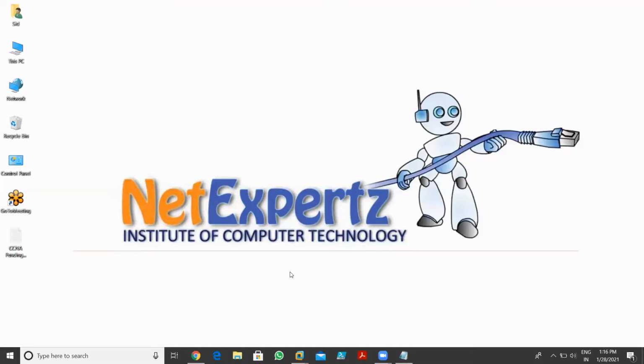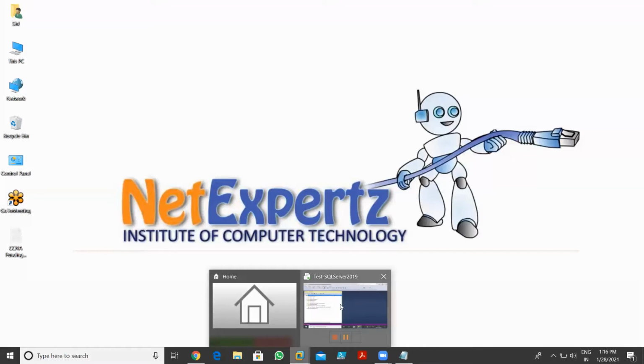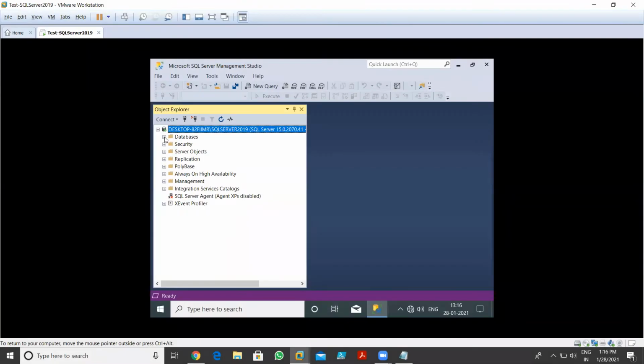If I log in with my admin account, I can create databases. Once I click on Databases, we have the user-defined databases: database 1, DB1, DB2. These were already created by myself, the admin user, or some other user. So this is called a user-defined database.